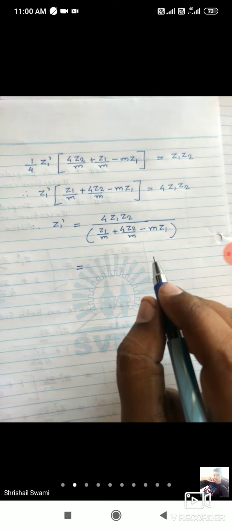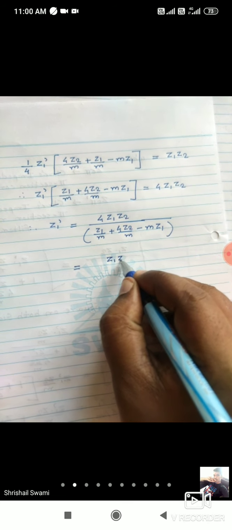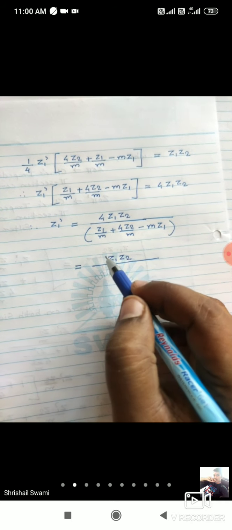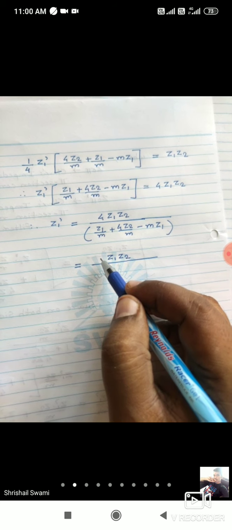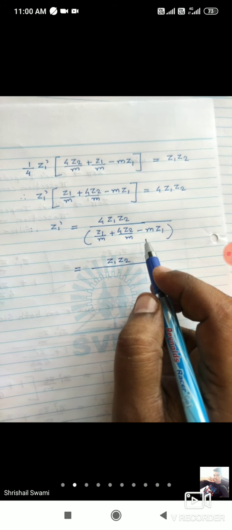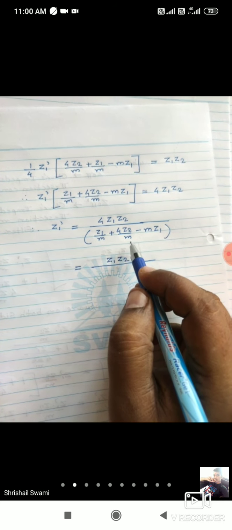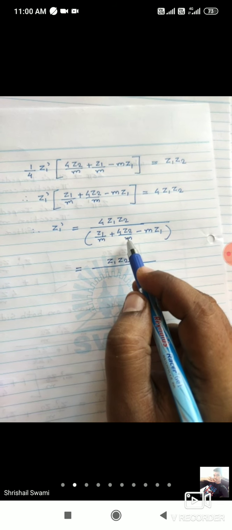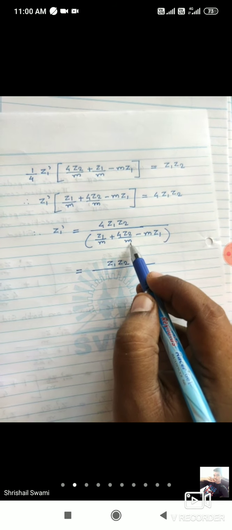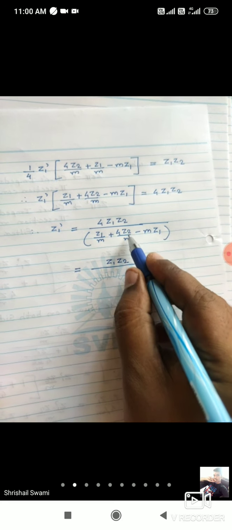So what you can do, some modification will be there. आता मॉडिफिकेशन काय ते सांगतो तुम्हाला, थोडं रिअरेंज करायचं आहे. So what will be the modification I will tell. Just 4 take here. आता इथं 4 मल्टिप्लाय आहे म्हणजे इथं काय होईल, आता डिवाइड होईल. So Z1 into Z2 divided by this 4 we can take in the denominator. मग डिनॉमिनेटर मध्ये जर घेतलात तर काय चेंजेस होईल आता, what will be the changes here? If you are taking the 4 here, this will come Z2 by m,